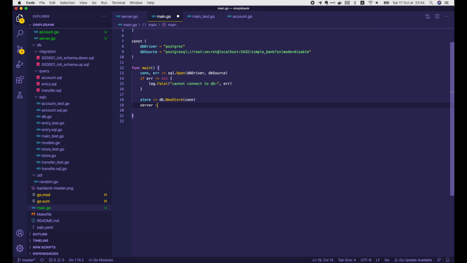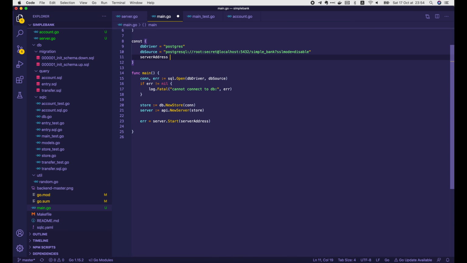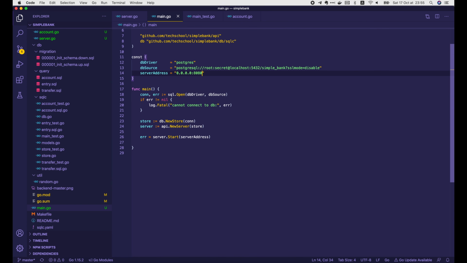Now with this connection, we can create a new store using db.NewStore function. And we create a new server by calling api.NewServer and pass in the store. To start the server, we just need to call server.Start and pass in the server address. For now, I'm just going to declare it as a constant, localhost port 8080. In the future, we will refactor the code to load all of these configurations from the environment variables or setting file. Okay, now in case some error occurs when starting the server, we just write a fatal log saying cannot